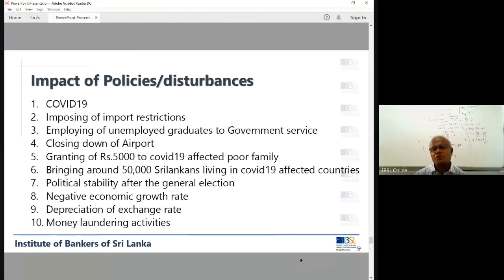Employing unemployed graduates in government services. You know that government expenditure increases, GDP increases, the price level will tend to go up, inflation will go up. Right? These are the things. Balance of payment, of course, if they do increase the imported items, again balance of payment worsens. Current account deficit increases, demand for imports increases, right? So basically, fiscal policy will be affected. Government expenditure increases, budget deficit increases, then the government will have to find more money to finance the budget deficit